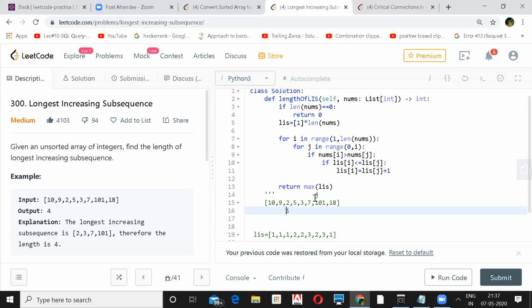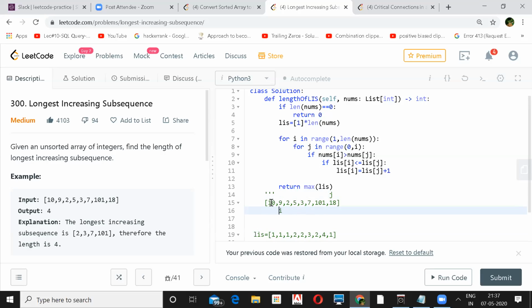Now if you go to, I think we were here, right? If you go to 5, you have 2 here, and if you append this 3, they are equal, so you don't need to do anything. For 3 again it will be 3. For 7 you have 3, and J is this, so you'll have this 4. 4 will be maximum. Again you'll go to 18, and this will go to 10. If you do this, it will be 2.